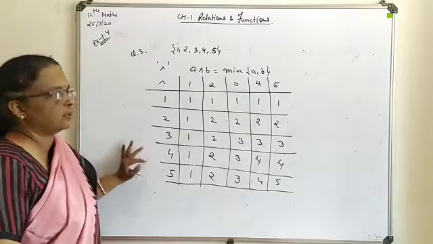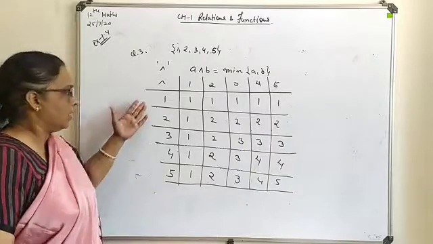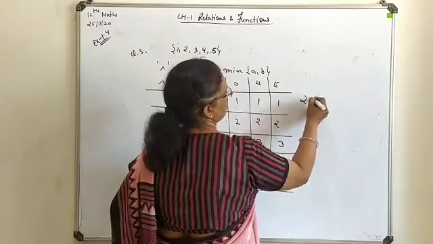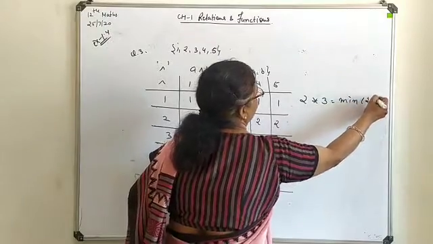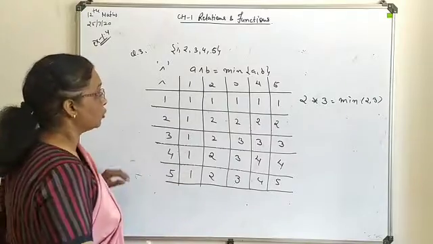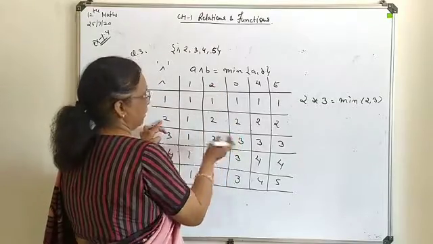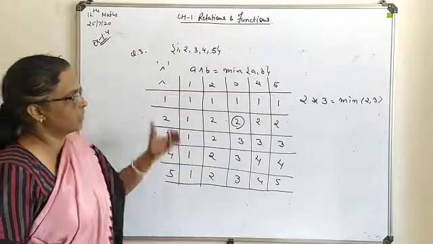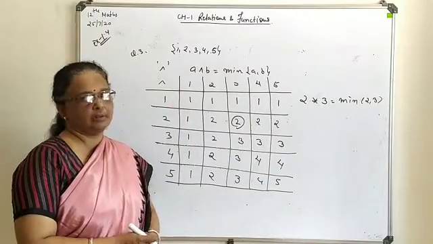Now on the basis of this table, you can find the solution of any pair. In some cases, you are asked to find 2 star 3. What does it mean? We have to find the minimum between 2 and 3. Directly you can also write it, but it can also be found using the table. Here this is 2 and this is 3. Even if you take 3 and 2, you will get the same answer. So this will give you the answer 2. This way the table will help you, and if the table is available to you, you can write the conclusion directly.